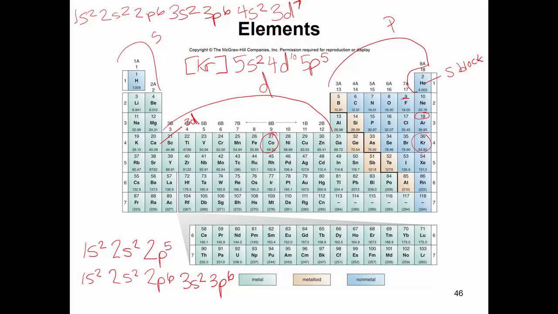Okay, so this one would be a good one to shorthand. And this would be the configuration for iodine. Okay, start here, including all of that. Go through 5s2, 4d10, and then it goes back to 4p. So the only one out of order here, if you want to think of it that way, are the d